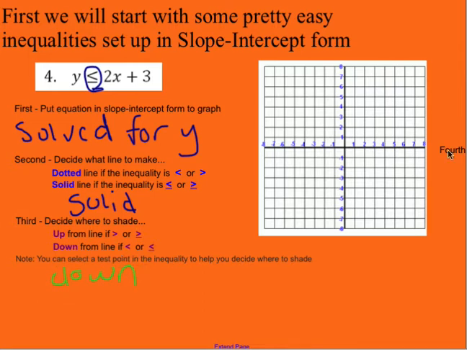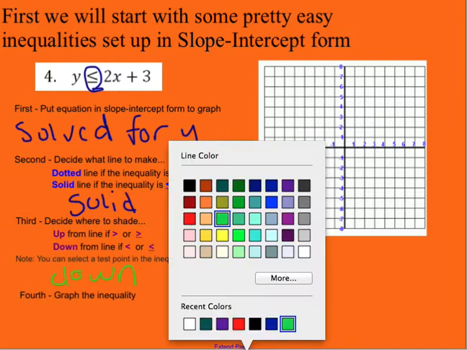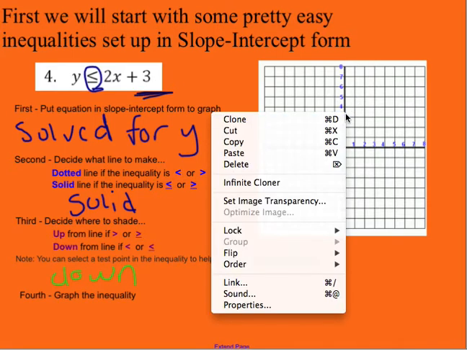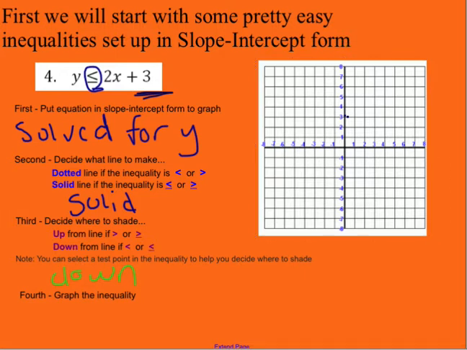All right, last but not least, let's take a look at the 4th one here. And it just says graph the inequalities. So we have everything we need. So I know I need a solid line, and I'm going to shade down. So the first thing I'm going to do is plot my y-intercept, which is 3. So I'm crossing the y-axis at 3. Then my slope is 2. Remember that slope is the same as 2 over 1. So I'm going to go up 2 over 1